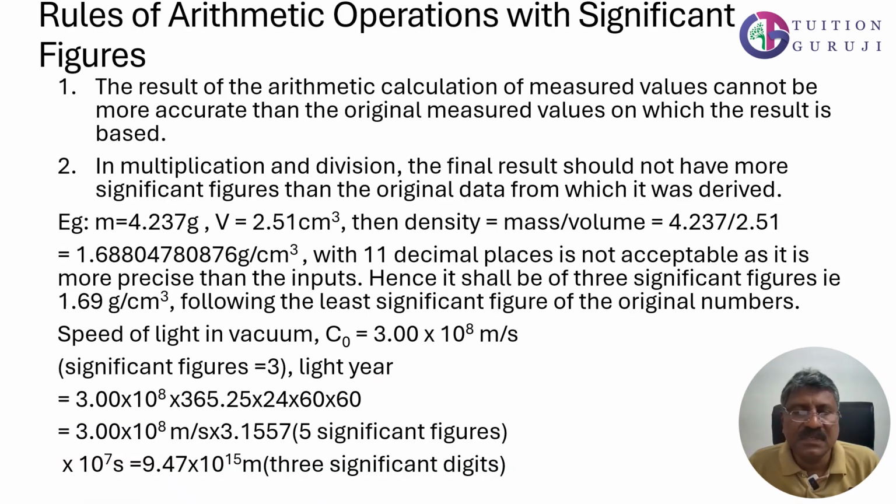Rules of arithmetic operation with significant figures. The result of the arithmetic calculation of measured values cannot be more accurate than the original measured values on which the result is based. In multiplication and division, the final result should not have more significant figures than the original data from which it was derived. For example, m is equal to 4.237 gram and v is equal to 2.51 centimeter cube. Then the density, mass per volume, is equal to 4.237 divided by 2.51, and the result should have